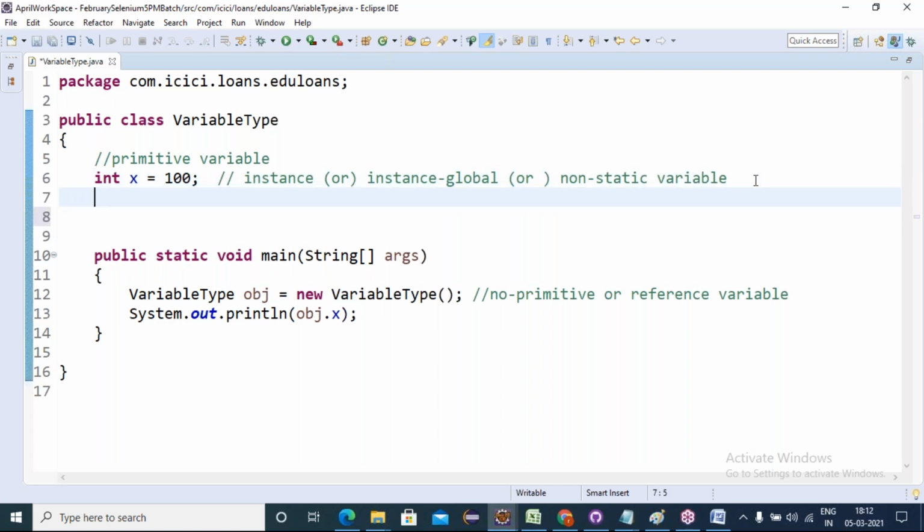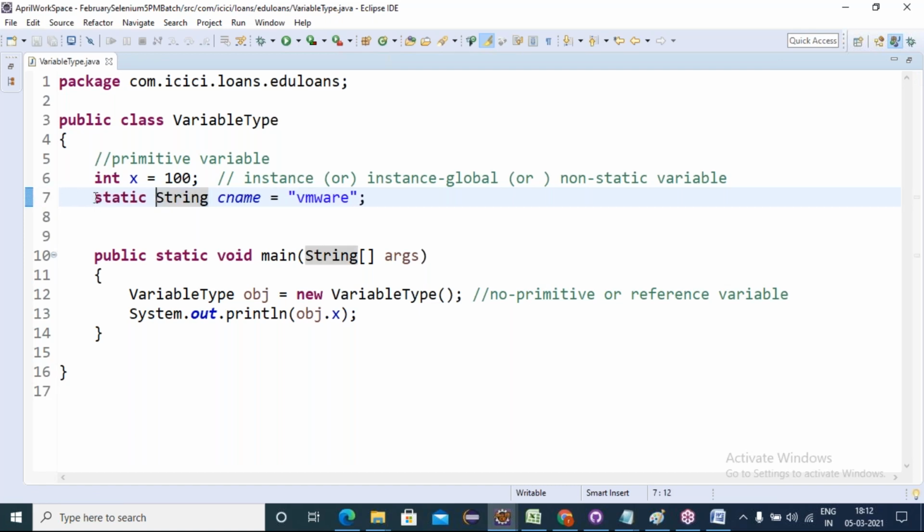Now a primitive variable declared in a static position. Static variables also can be defined inside the class, outside the method. I'm giving String company name equals VMware. So friends, to make this variable a static variable, I prefix it with the static keyword.